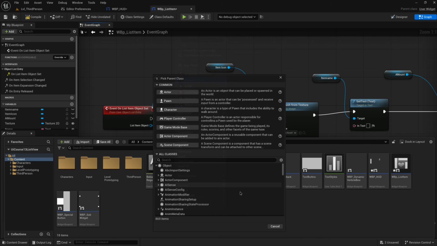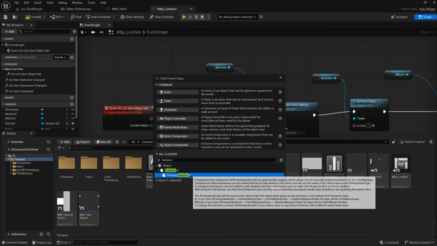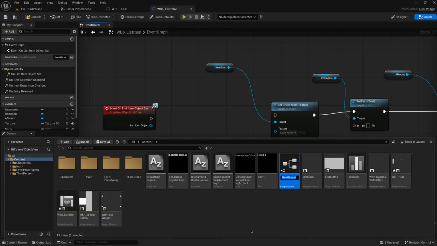So we make a blueprint class and we look for data assets, primary data asset. You can make this as a basic UObject as well. It kind of depends on exactly what you want to populate this with and what system you want this to integrate with, whatever you've coded up yourself. This will take in literally any UObject you want. So any asset, any actor, any component, anything in the entire game, in your entire project, can be used as an input here. We'll call this DA